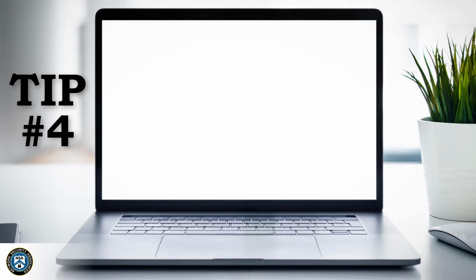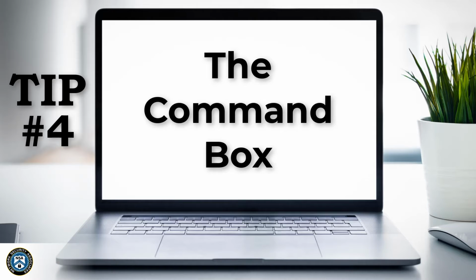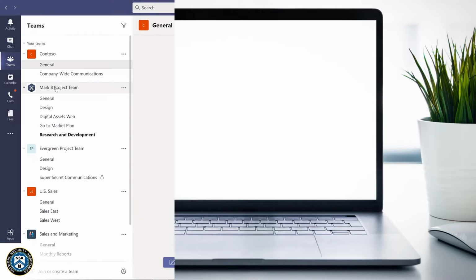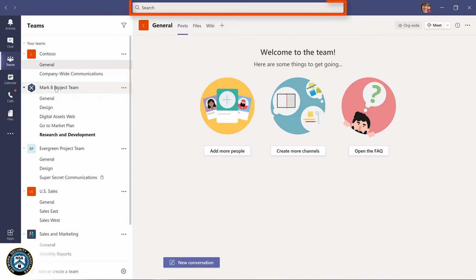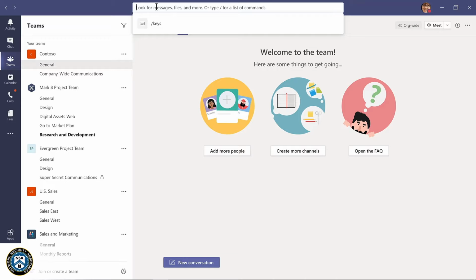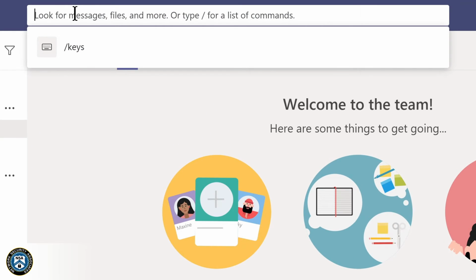Number 4, the command box. Wherever you are in Teams, the command box is always there at the top of the screen to help you search, get help, take quick actions, or even launch applications. We saw this briefly before when we looked at how to display a list of keyboard shortcuts. To search for a message, person, channel, or even a file anywhere in Teams, just type what you're looking for